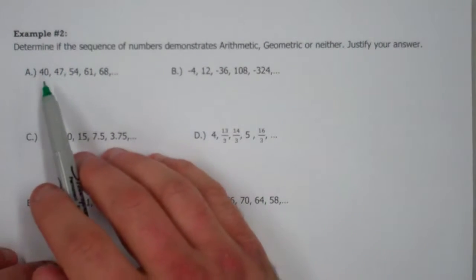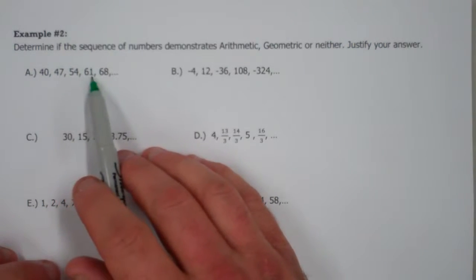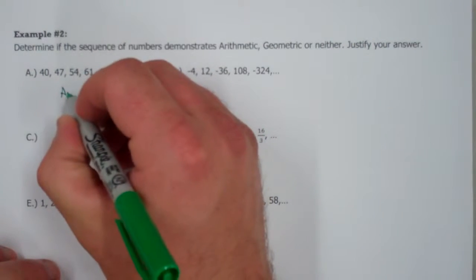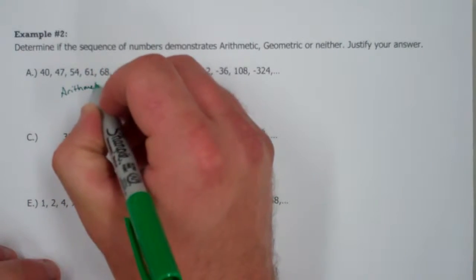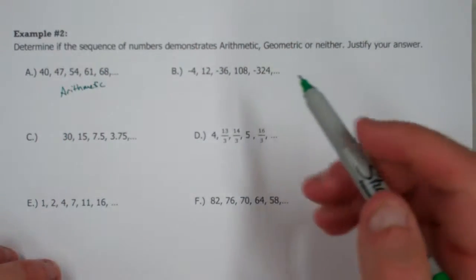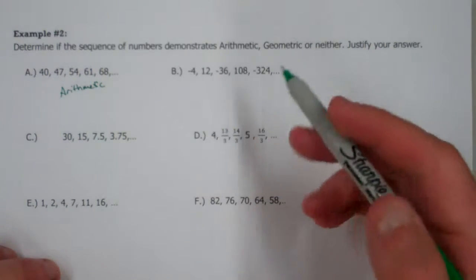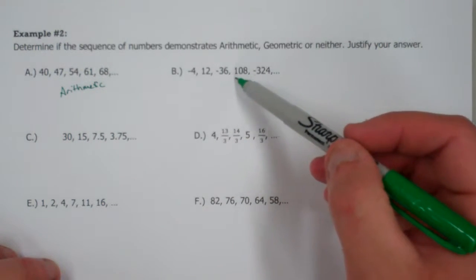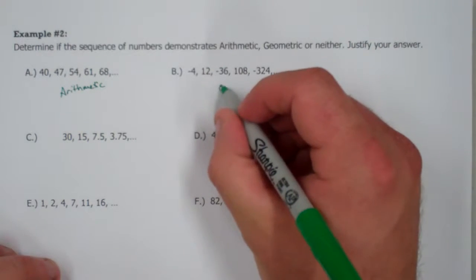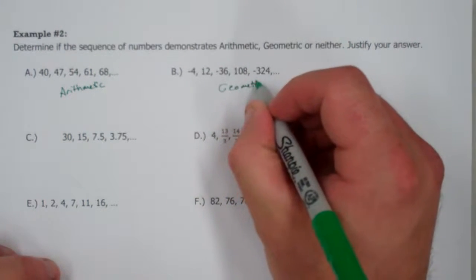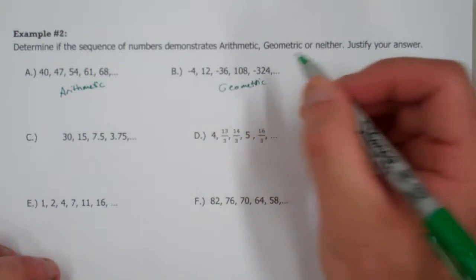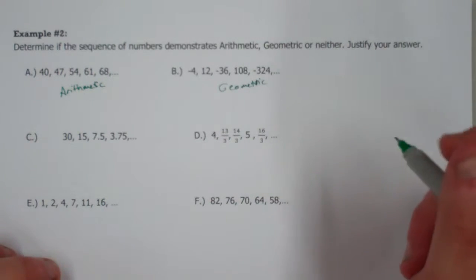If we look at the first one, it looks like we add 7 each time. So this one is arithmetic. And for your justification, you could say you're adding the same thing each time. The next one, we're multiplying by -3. So this one's going to be geometric. And your justification would be, well, the definition of geometric sequence is you multiply by the same thing, and here